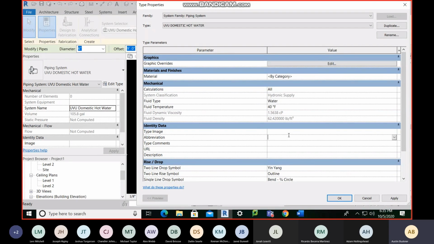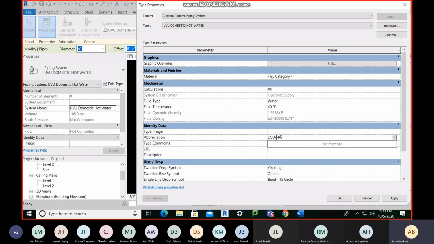So there are things in here called filters. You can turn things on and off with a click of a button, but it's more specific than touching pipe. To turn off all the pipe, you can turn off one kind of pipe. That type of pipe would be domestic hot water in this example. So under abbreviations, we're just going to go UVU-HW. Typically, your abbreviation for domestic hot water would be DHW, DCW is what you'd read